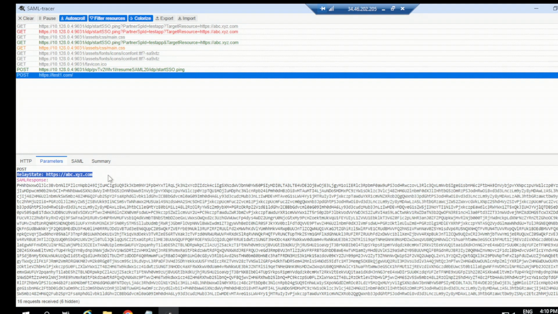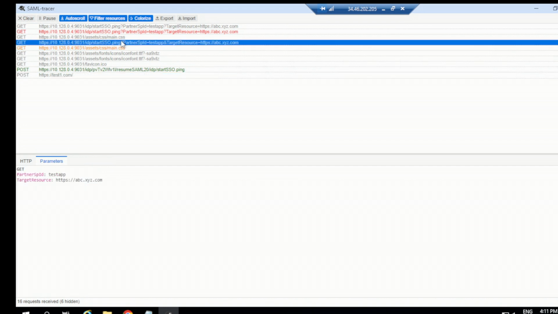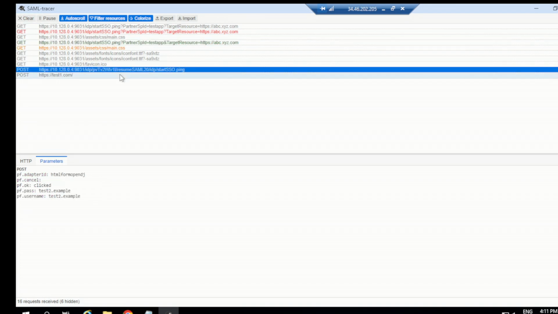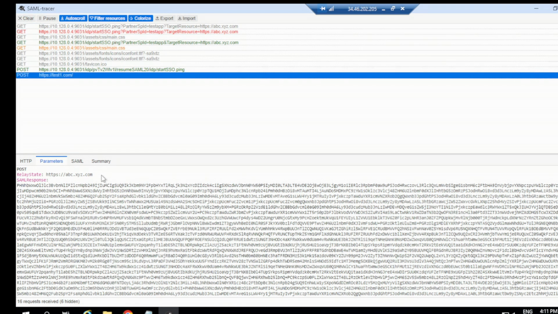So you can see that in the case of the IDP initiated SSO flow also, you can pass this parameter in the response. But how can you pass it? You're not supposed to configure this anywhere in PingFederate. You just need to embed that in the IDP initiated SSO URL. So you have the complete IDP initiated SSO URL, and there you are just adding an ampersand with target resource equal to whatever value you want to pass in the relay state. Based on that, PingFederate is going to send that in the relay state, and then the application can take that,